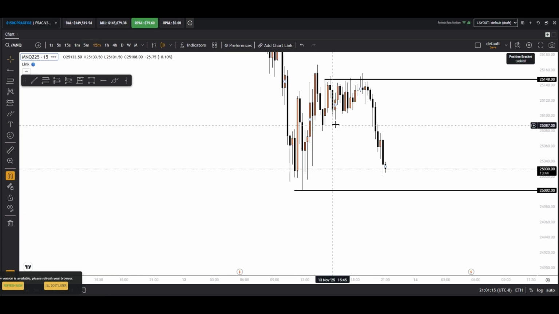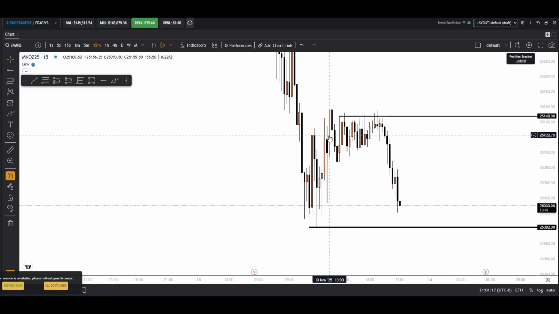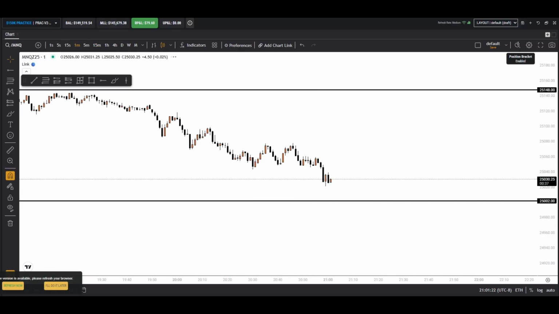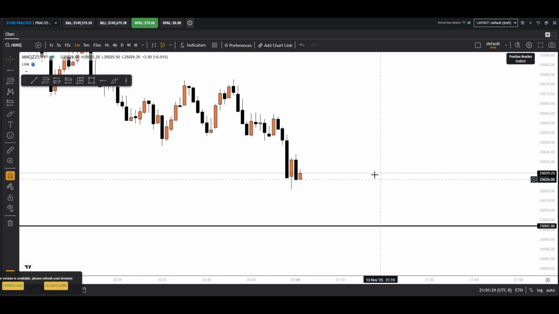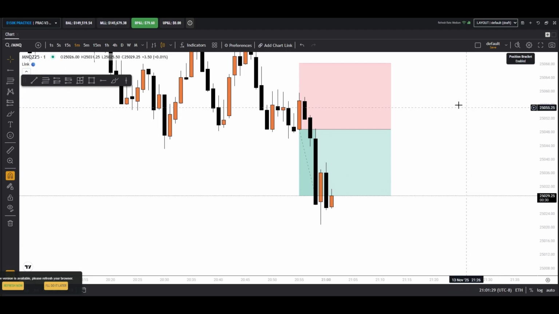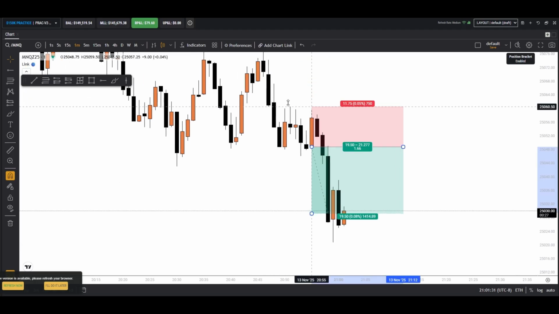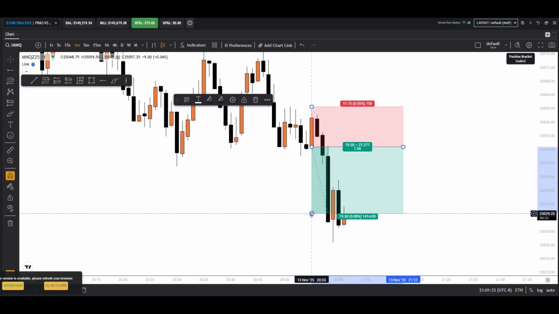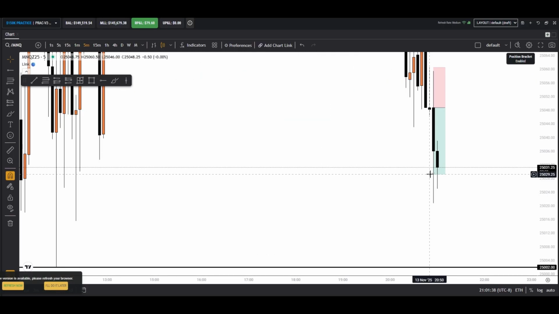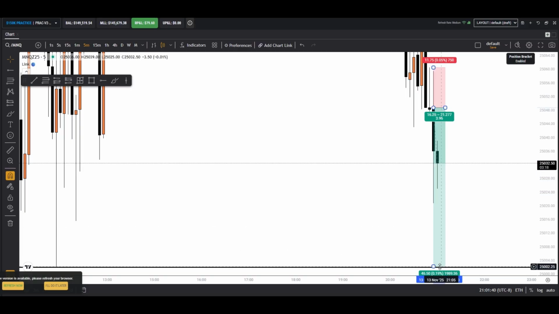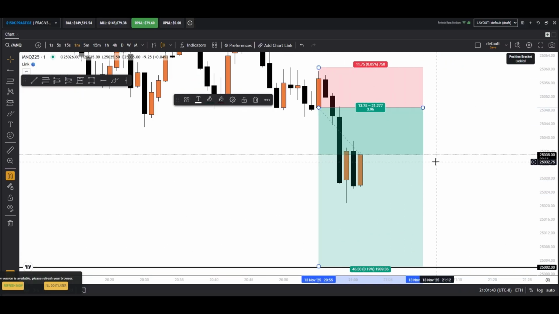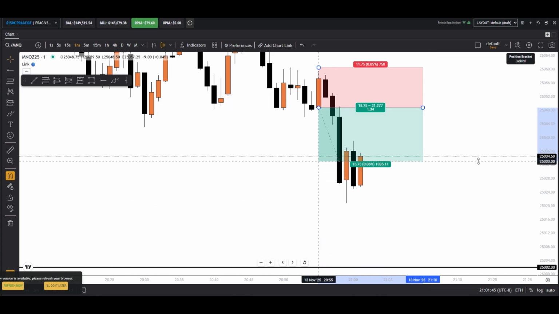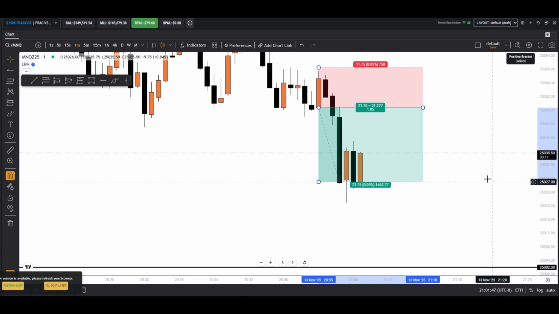The whole idea was, we're failing to expand higher here. We're going to come down to this low. I did just get a short from this candle. Stop loss here. I did try and get it down to here, but I had to take profit around here. I didn't expect it to just dump all the way down. It did get me out,